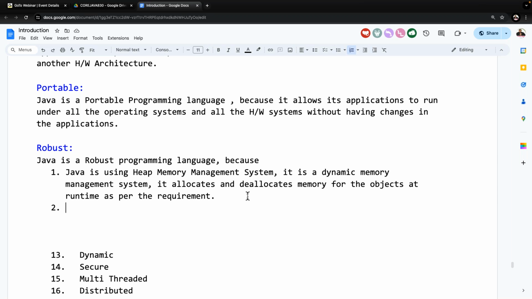Then what is the solution for it? Even if we get a power failure problem, we have to handle it successfully. How are we going to handle it? To handle that we have to maintain a power backup system. That power backup system is nothing but the exception handling mechanism. Providing that power backup system is the exception handling mechanism.